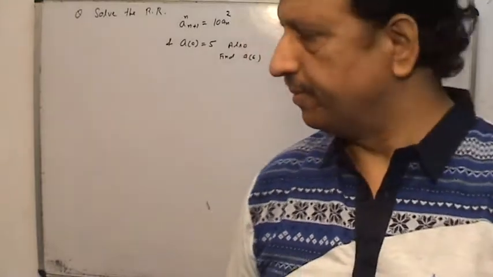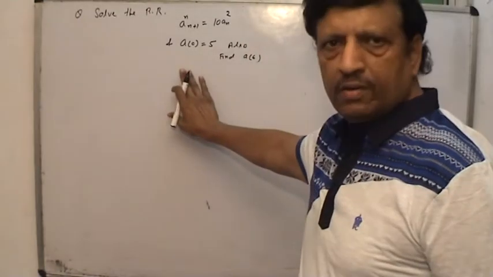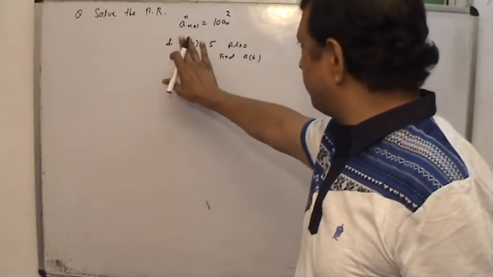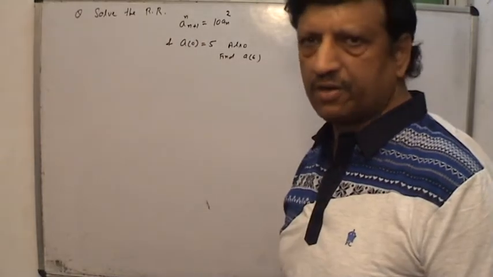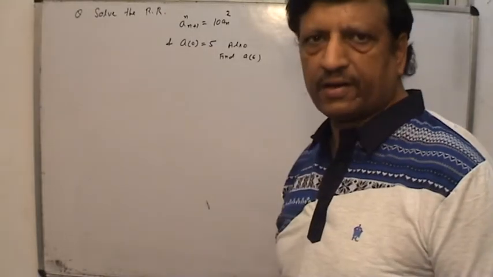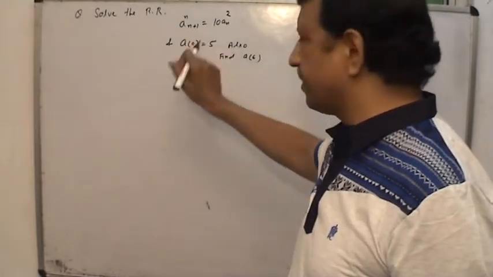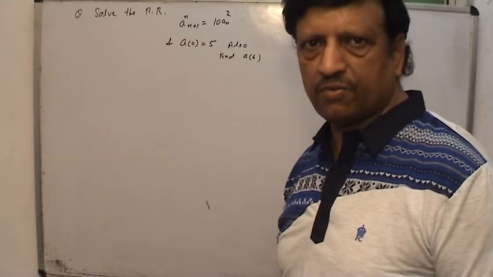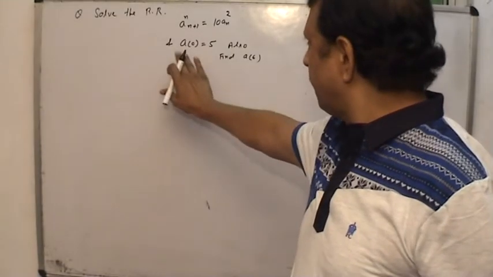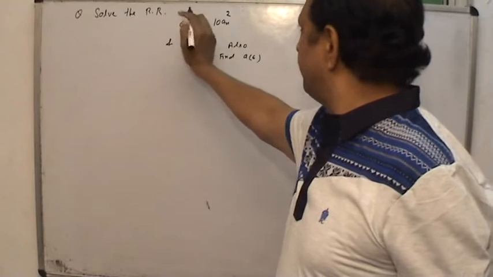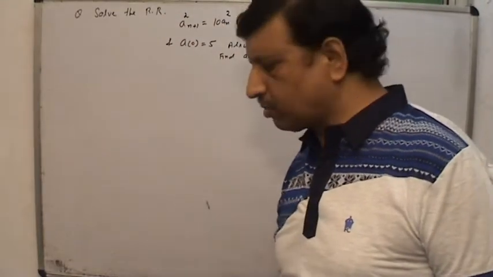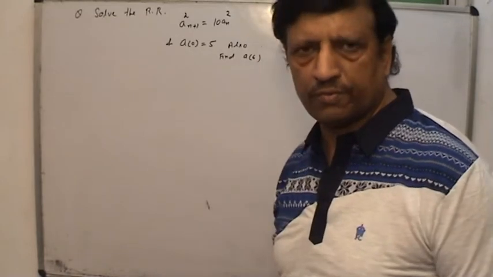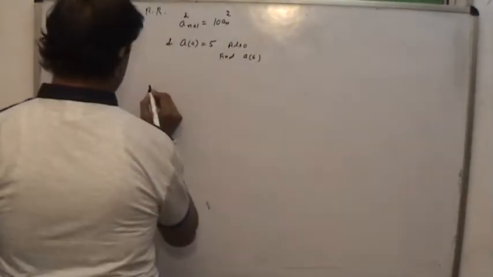Yes, it is a homogeneous recurrence relation. But what is the difference between this and the previous ones we discussed? They were linear recurrence relations. This is a quadratic recurrence relation. It is a very simple formation, but the problem is that it is in quadratic form. Then how to solve it? Simple, we follow the rules of algebra. Then see, put